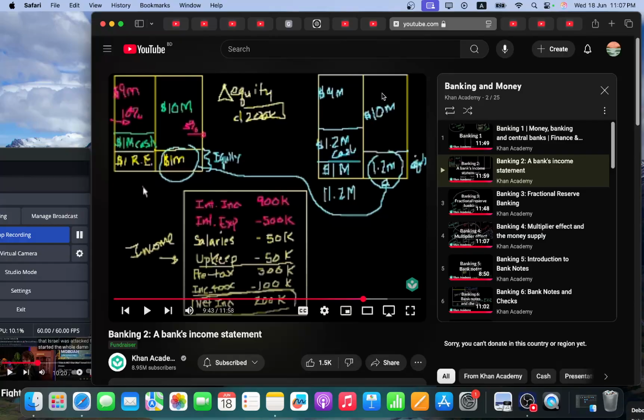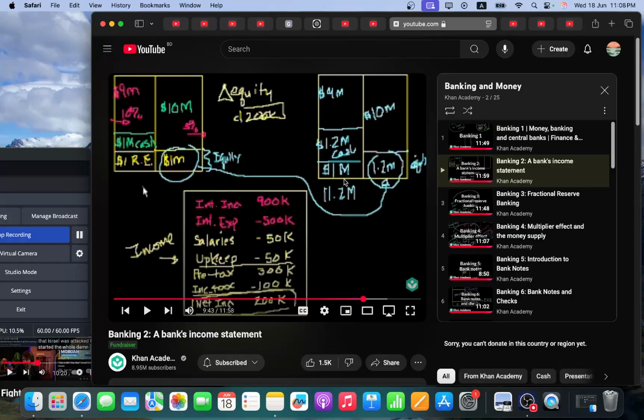So what happens is that we start with 11 million of total liability and equity, 11 million asset. At the end of the day, we have 1.2 million in cash. So remember the reserve that we had, 1 million worth of reserve. Add this 200k to that, and we have 1.2 million worth of cash. And as a result, the overall equity changes as well. 11.2 million in asset, also 11.2.